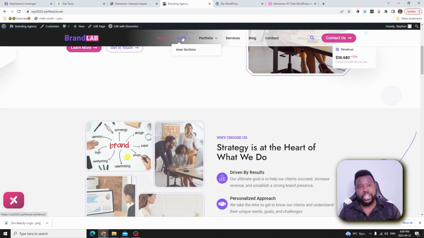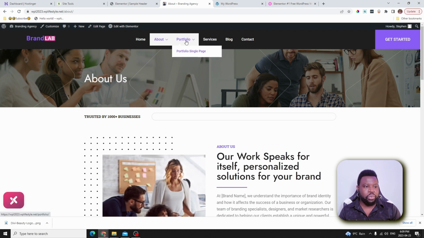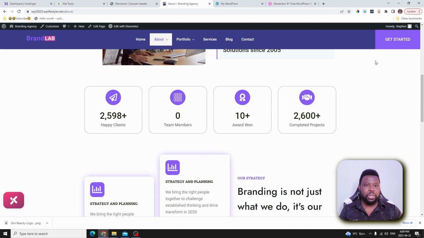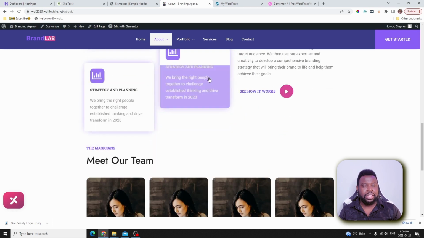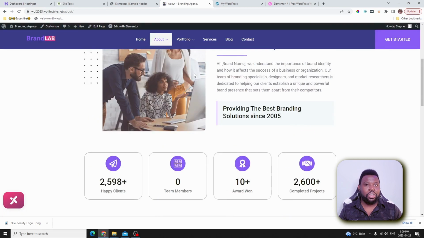We're currently creating this menu for the About Us page. If we select the About Us page, you can see the menu that we have, and it's looking really nice. But if we start scrolling here, now you can see that we have a blue sticky menu that is going to pop up and remain sticky on the page while we keep scrolling on the page. And this is how you can create a custom menu for free in Elementor.